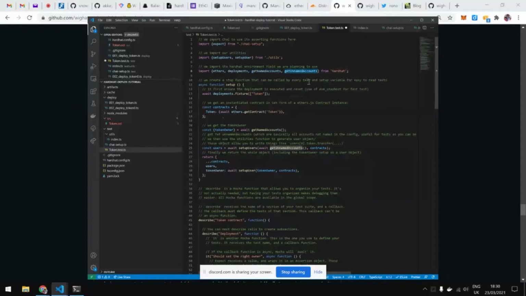This one, as I mentioned before, regroups all the accounts that were not named. I found them very useful in tests, because you want to be sure that you are using accounts that have not been touched. We know that they have ether, and we usually want them to have ether. If you want an account without ether, then you have other ways to go about it.